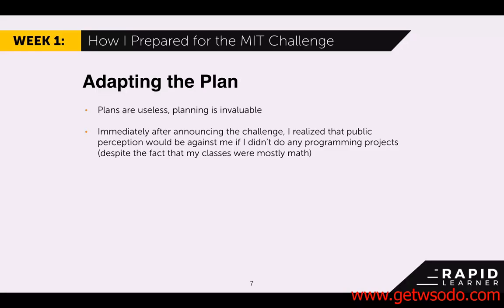So, as an example of changes, immediately after announcing the challenge, I realized that the public perception of the project, which originally I was thinking, well, if I do final exams, that'll be good, was that the only reason to do a computer science degree was to be able to practice programming. And a lot of people had that perception that if you are studying computer science, you're necessarily doing it to